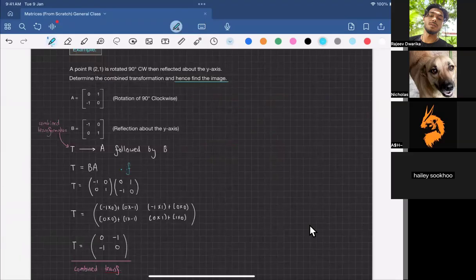So you all could copy this question down, right? Well, this example. If you multiply A